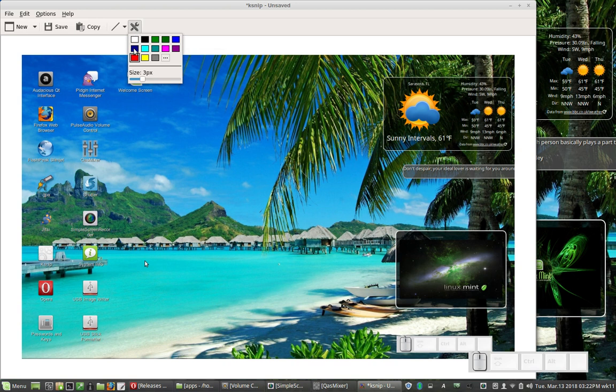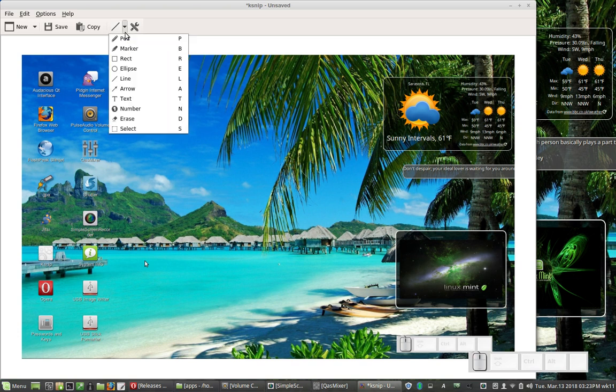If you click that, it's got a color palette, the size, the thickness of the borders around the circles or rectangles, or the size of the arrows, the different tools, and